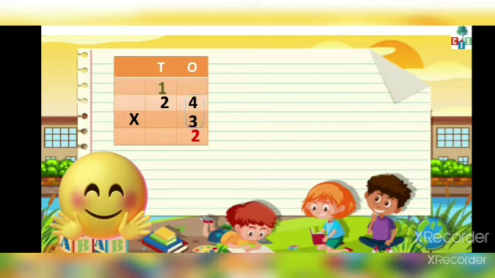Now we have completed the ones column. Now look at the tens column. 2 multiplied by 3. First we will multiply the number. So 2 multiplied by 3. So let's say the 3 table. 1 threes are 3. 2 threes are 6. 6 plus 1. Yes, that's the correct answer. 6 plus 1, 7. Fine. Now let's see the next sum.